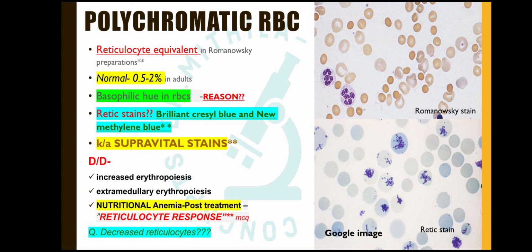There is another term, which is the reticulocyte production index. That is calculated by the corrected reticulocyte count divided by the maturation time of the RBC. So RPI is very, very important. If RPI is more than 3, it indicates that the cause can be hemolytic anemia or a certain hyperproliferative state of the bone marrow. While if it is less than 2, then it indicates that the marrow is hypoproliferative.